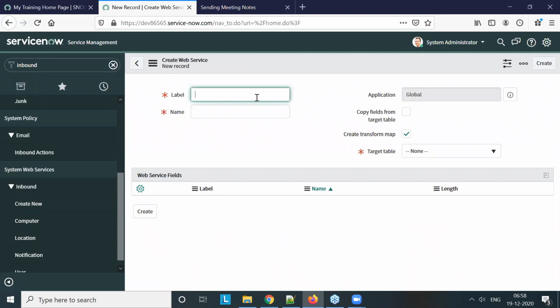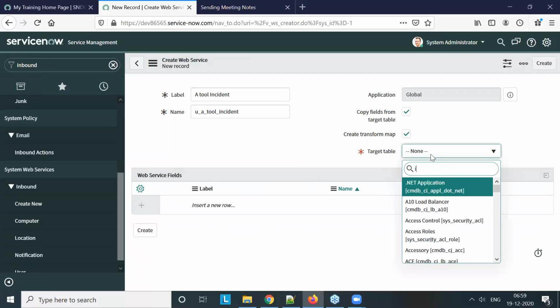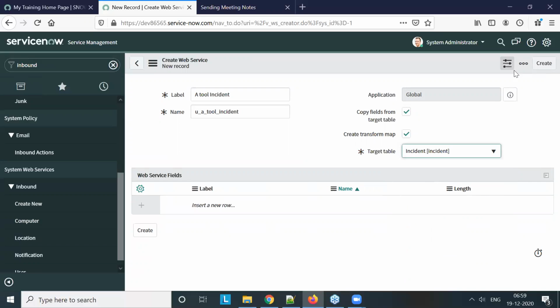So here I will just write a tool incident. So this is my table. Okay, import set table. I will copy from all the target fields in this import set table, and here I will select the target table as an incident, right? After this I will just click on create. It will automatically create the transform map as well. I will just put the create,